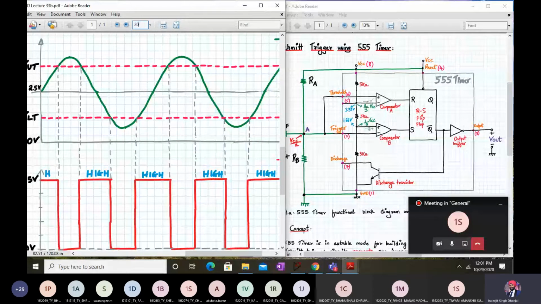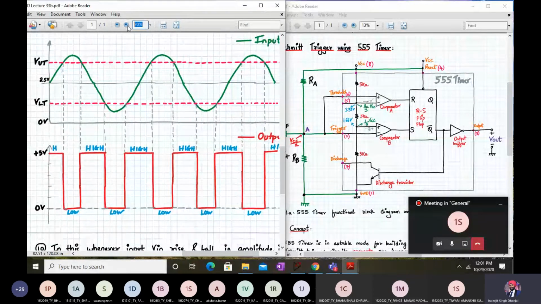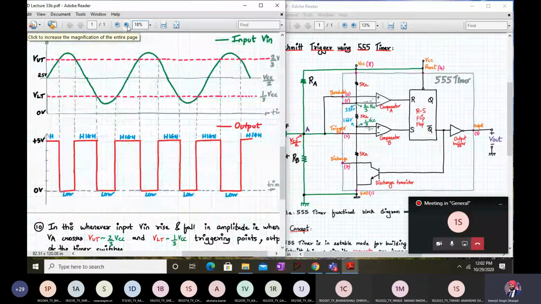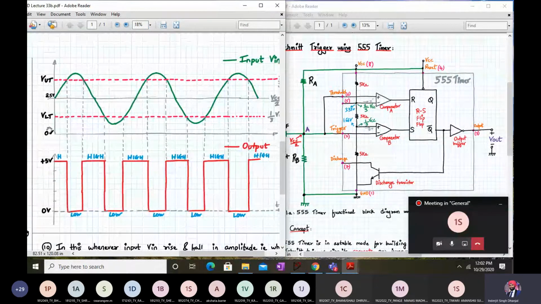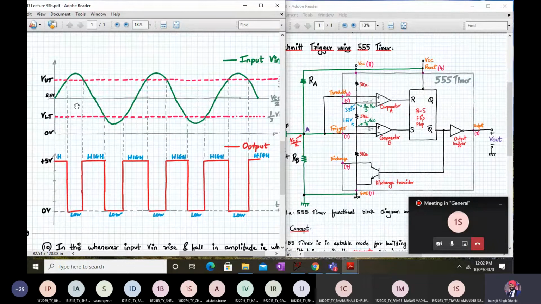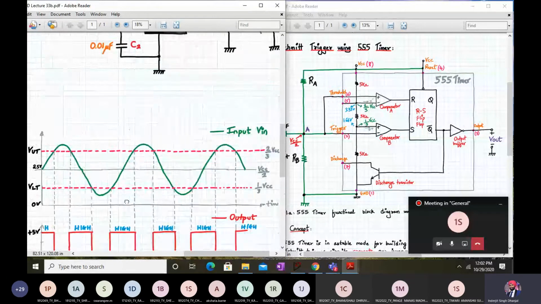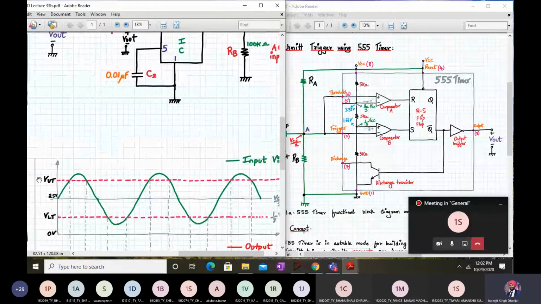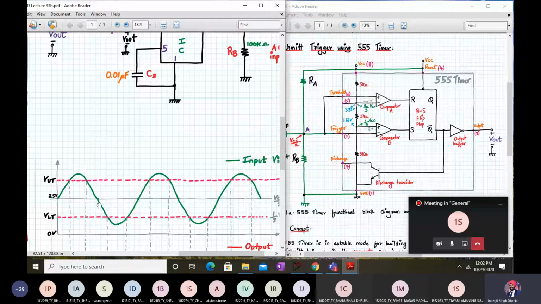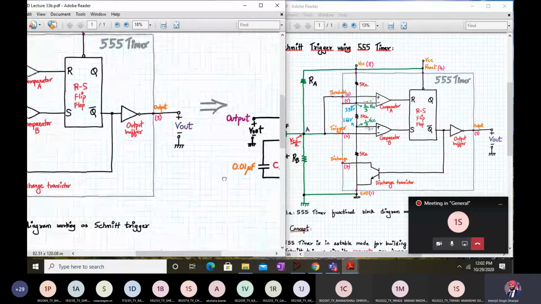Let me reduce its amplitude to 20. So how does a Schmitt trigger operate? It has two triggering levels. We call them VUTP and VLTP; here I'm calling them VUT and VLT. Whenever the input crosses the upper threshold point, the output changes state. In this case there are two triggering levels, VUT and VLT, and accordingly the output state will change. We'll see that shortly.